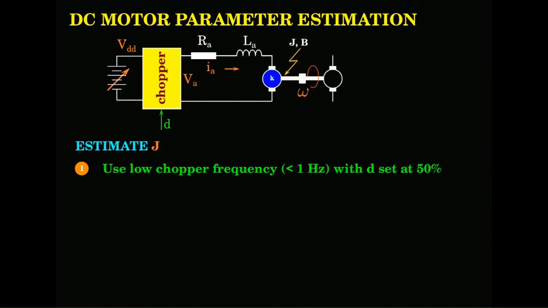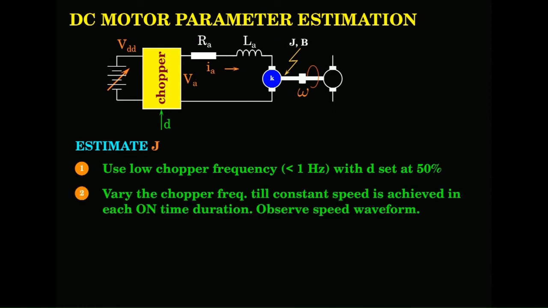So you can set the chopper at some frequency so that you can see on the scope going up and down. Otherwise, you will have to trigger it, store it, and then check. Anything is fine. And vary the chopper frequency. Set it at a particular value of speed. At some value of speed, note that speed. Again, note down the waveform, wave shape on the scope, omega versus t. Instead of IA versus t, now it is omega versus t.